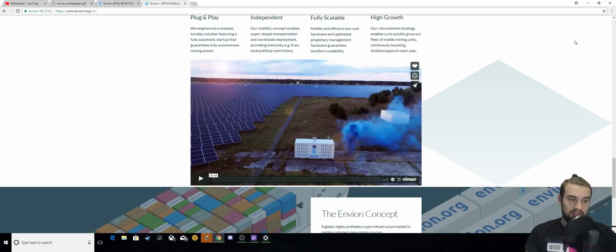You're not just going to have like 1,000 of these pop up at the same place and that'll be it. All mining will go through one place, kind of like a data center. That won't happen. These will be spread everywhere, all around the world, in different energy efficient solutions: wind power, solar power, other types of power. Those are the two main ones